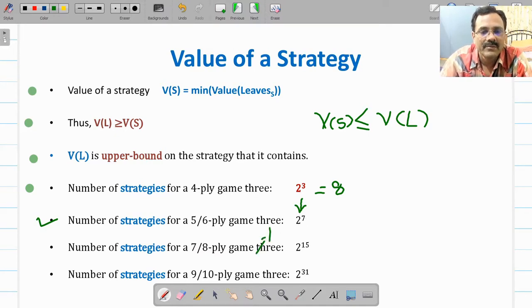The number of strategies for a 7 to 8 ply game tree will be 2 raised to 15. If the number of plies is 9 to 10, then it is increasing from 2 raised to 15 to 2 raised to 31. So see how many strategies will be there as the number of plies increases. You can analyze the complexity of this algorithm later with this. So the algorithm searches through the strategies. That's why this parameter is important.